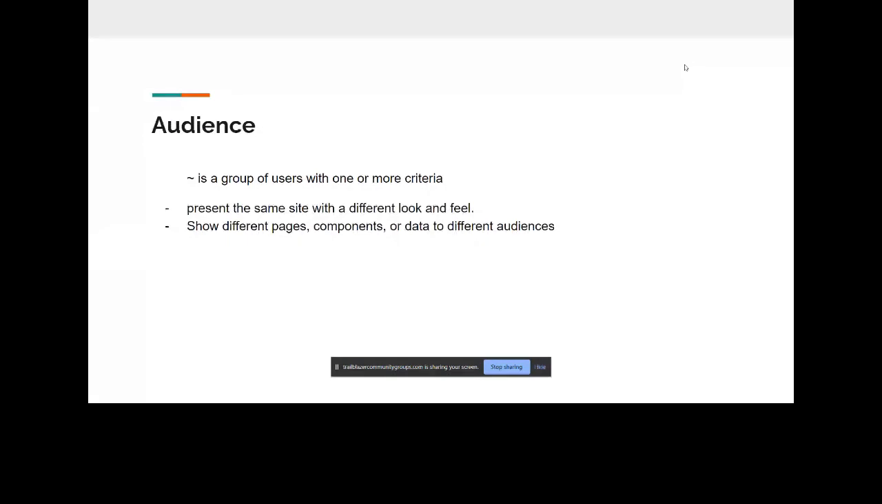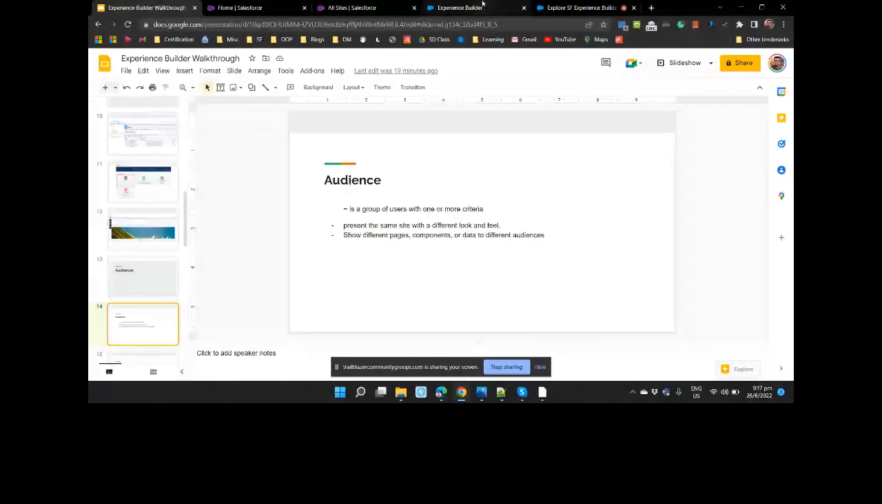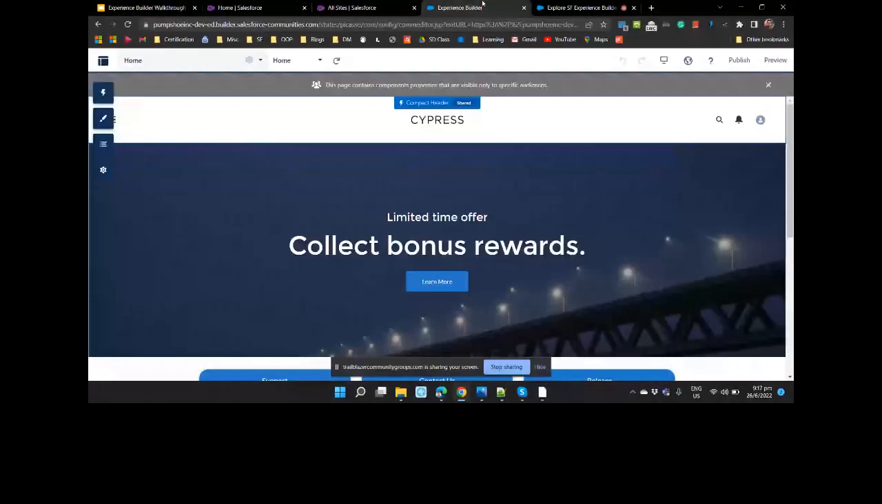Audience is a group of users with one or more criteria. You can define an audience with a set of users, and you can present the same site with a different look and feel to a particular audience. You can show different pages or data to different audiences. So if I go to the site for the hands-on experience,